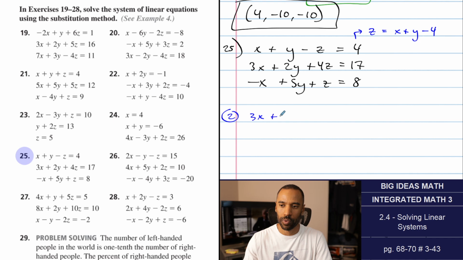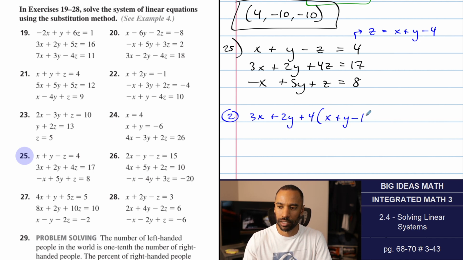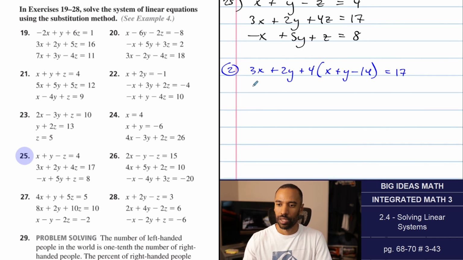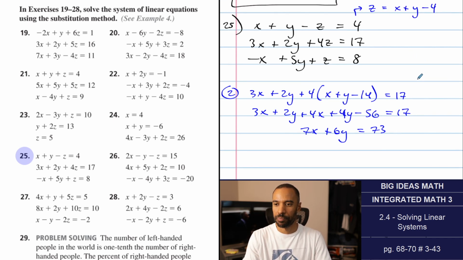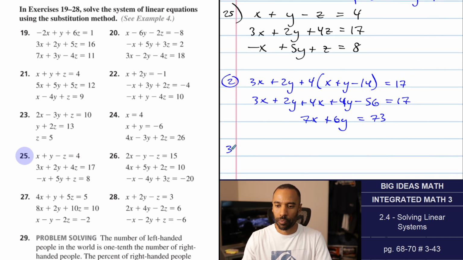So this one, 3x plus 2y plus 4z equals 17. So we get 3x plus 2y plus 4x plus 4y minus 56 equals 17. That's 7x combined, 6y combined, and add 56 over, you get 73. So there's equation 2. Equation 3,